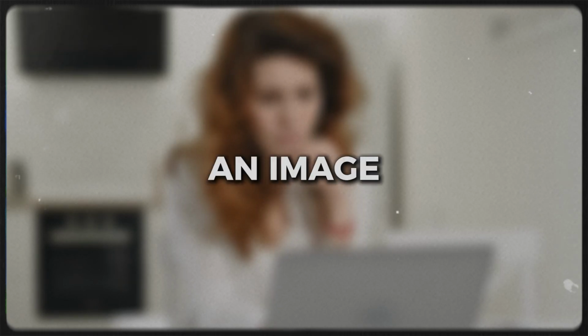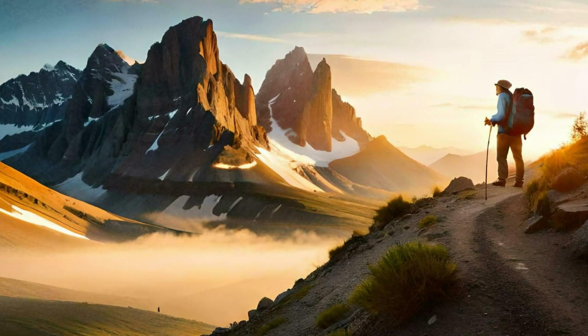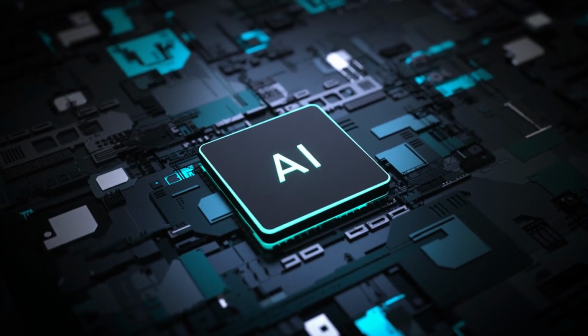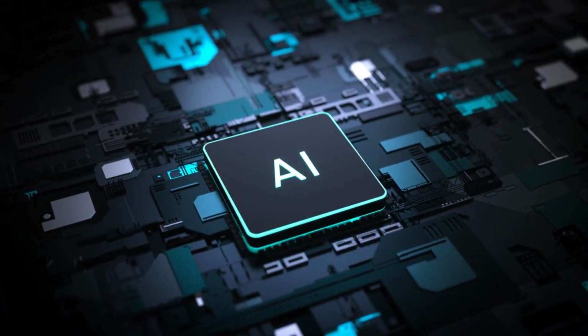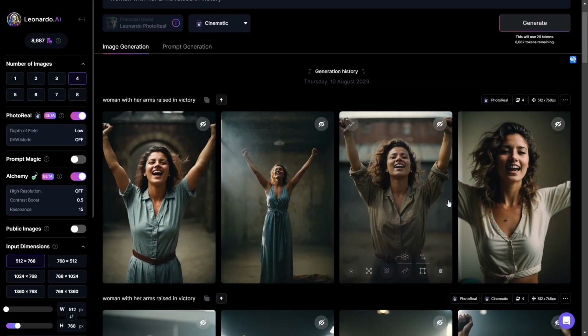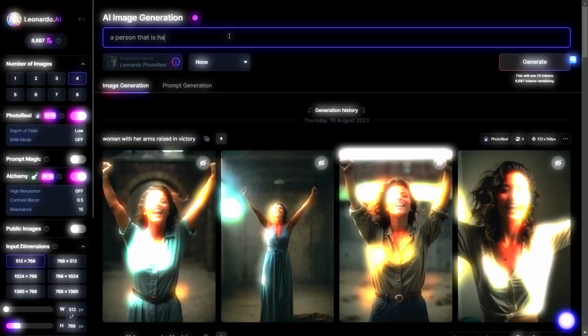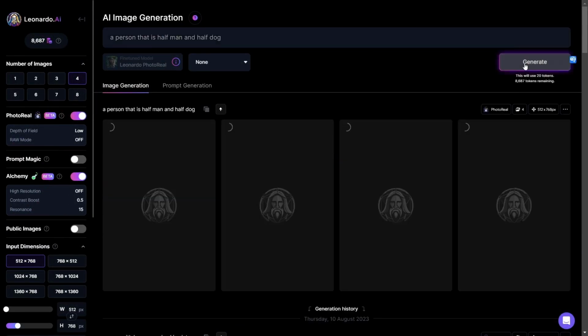Imagine staring at an image so real that you could swear it was a photograph, only to find out it was generated entirely by AI. Sounds like magic, right? But it's not. It's science. The rise of AI-powered image generation and manipulation has made it increasingly difficult to distinguish real from fake